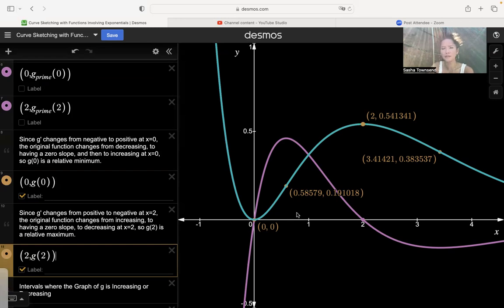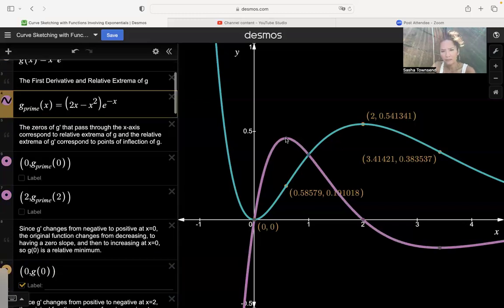Now, one other thing I want you to notice is that the relative extrema of the first derivative correspond to the points of inflection of the original curve. And the points of inflection of the original curve correspond to zeros of the second derivative. So the first derivative has an extremum, like right there. It looks like a relative maximum there. So the first derivative goes from increasing to decreasing at this